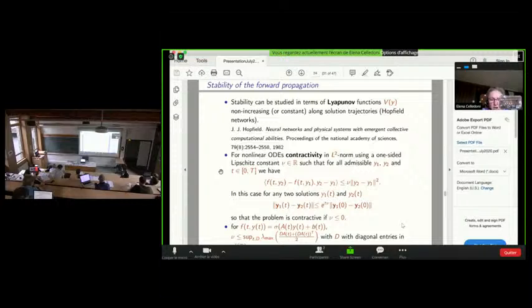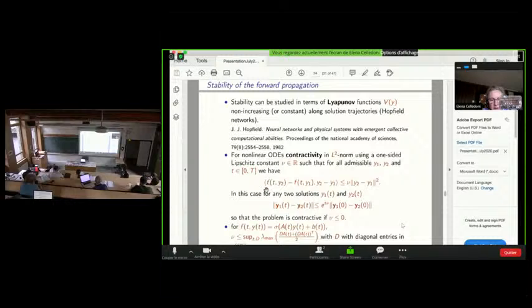What we have been considering is instead the property of contractivity in the L2 norm. And we have been using a one-sided Lipschitz concept. This is very typical in numerical analysis of ODEs. It's used for studying stability of integration methods for ODEs.